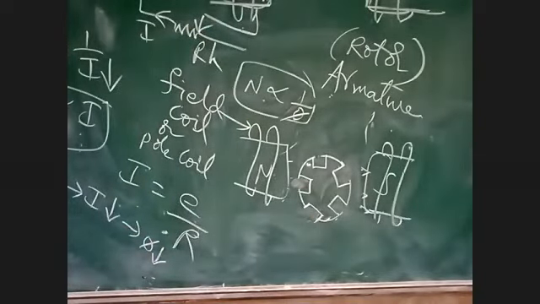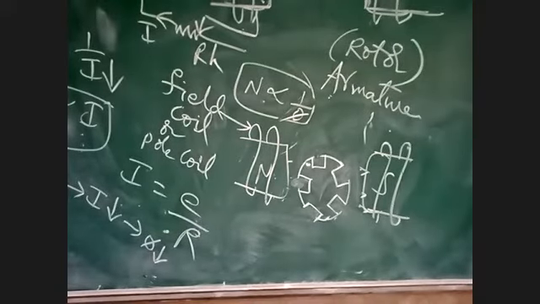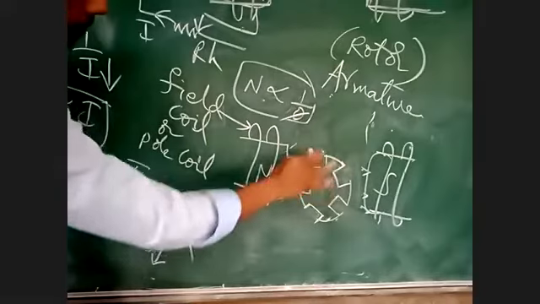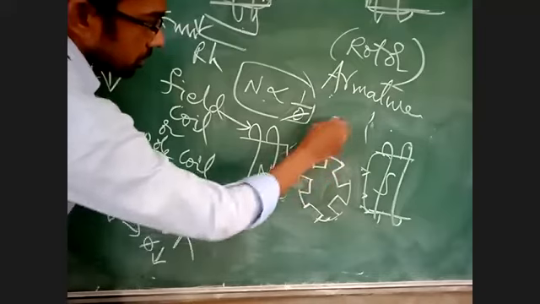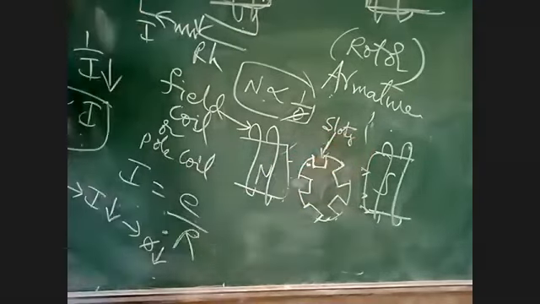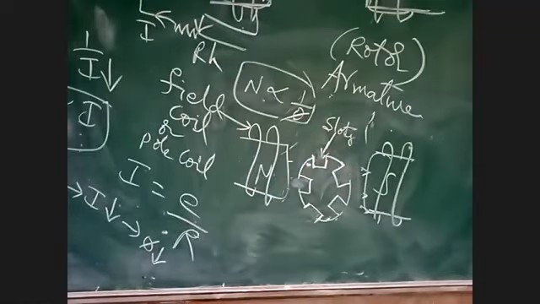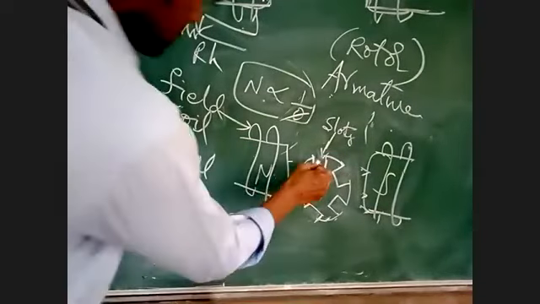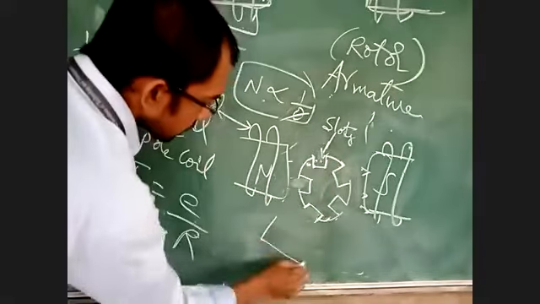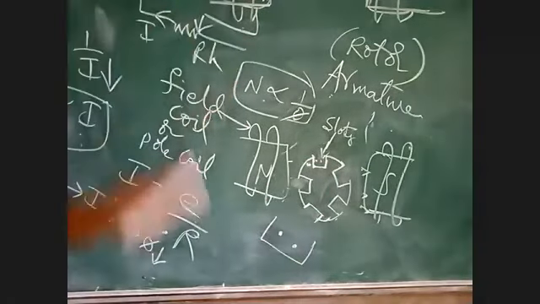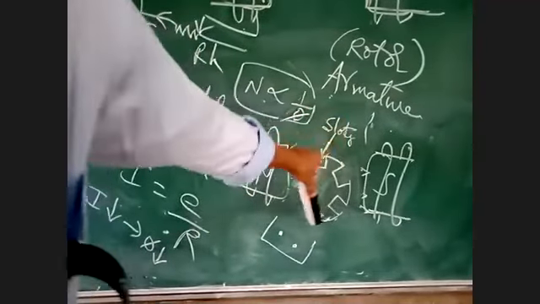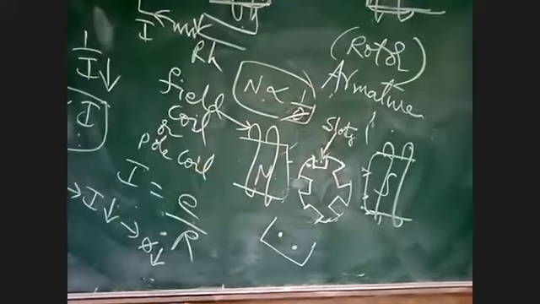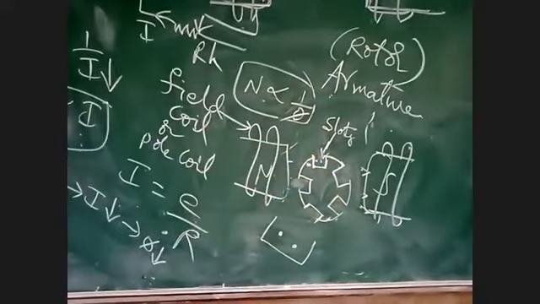this is the circular part, the rotating part in your machine, DC motor or whatever it may be. These are the slots. In the slots, they will place the coils. That is a slot. One slot I am showing here. How many slots here? 1, 2, 3, 4, 5. There are 5 slots on the periphery of the circular part.